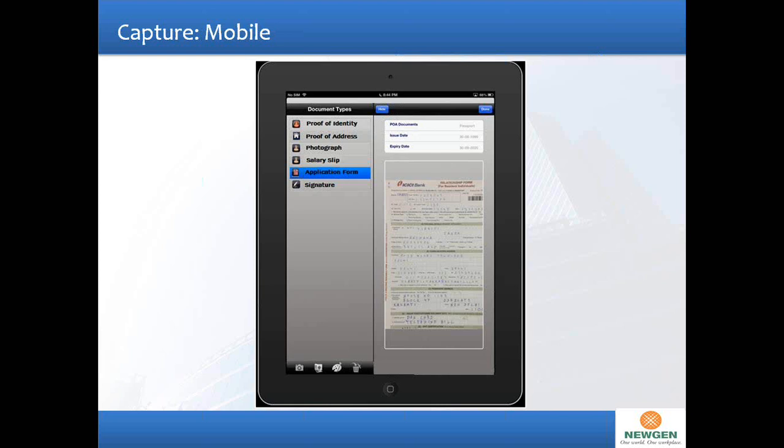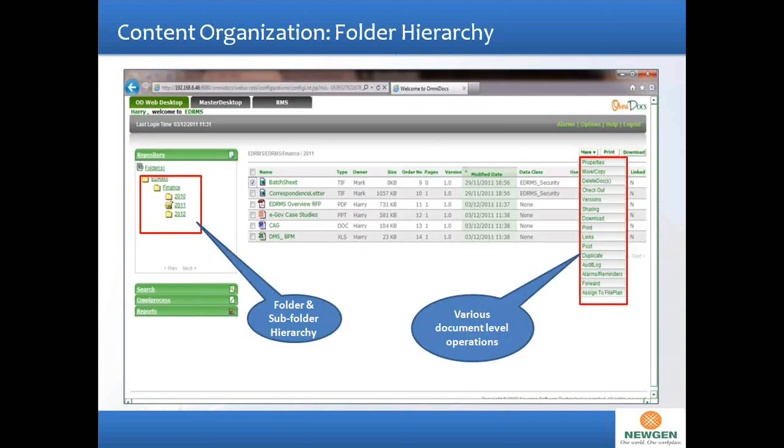So once you are able to capture your content, then you need to have the right strategy to classify and organize this content so that search becomes easy on it. So the organization of content could be based on a folder hierarchy.